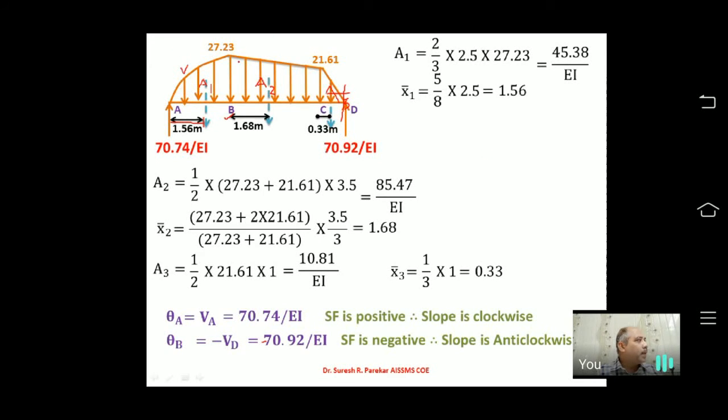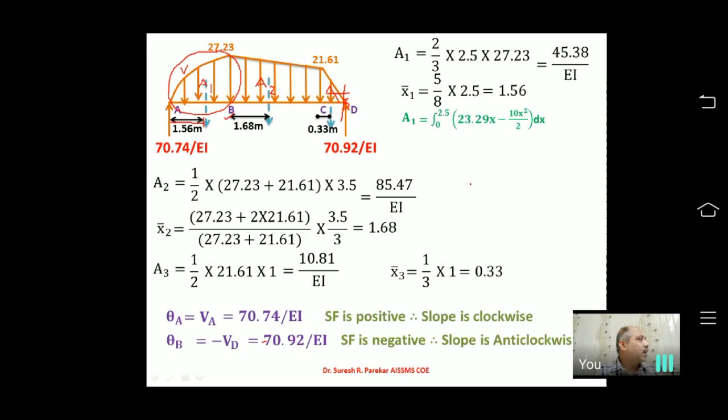Now we will see what the correct method is for this portion. So whatever this area is, how I will correctly find the value of A1, that we will see now. Now we will integrate it. How will we integrate? I know what my reaction is here. So 70.74 is not the reaction. This is by moment. So I have this reaction, if you remember, 23.29.